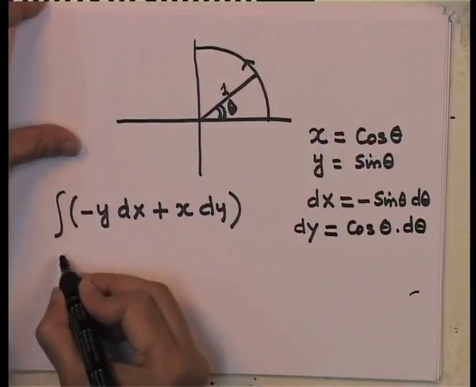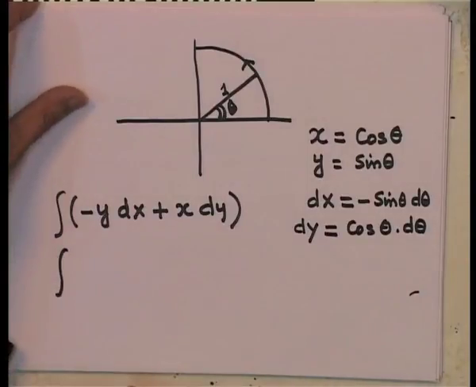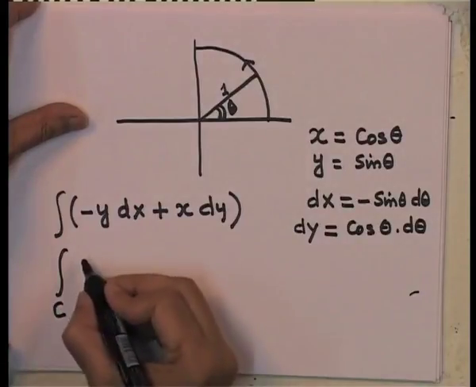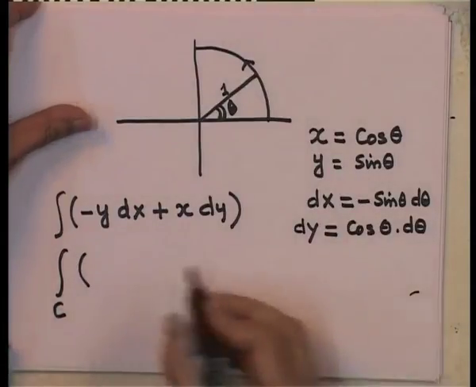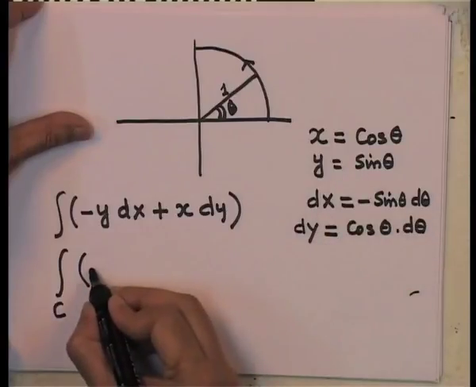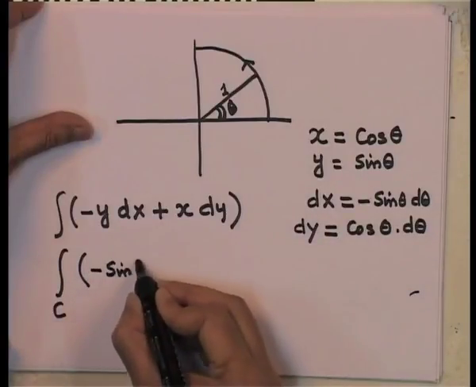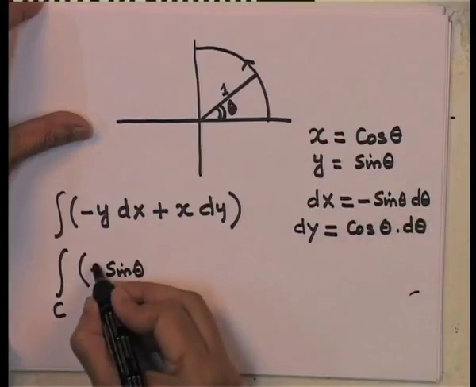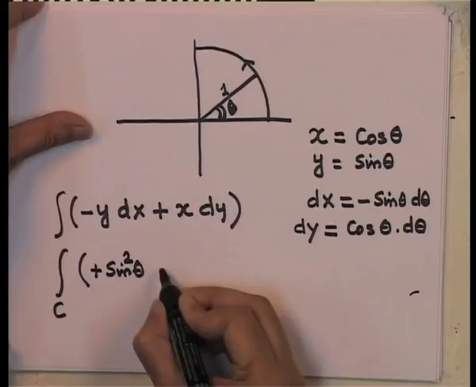So, you notice that this integral now, which is over the curve C, minus y is minus sin theta, dx is another minus sin theta d theta. So, minus minus plus sin square theta d theta